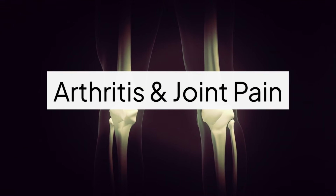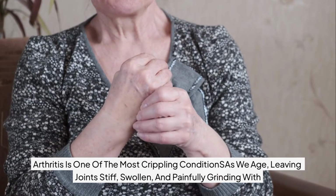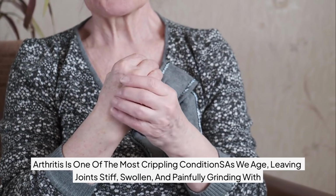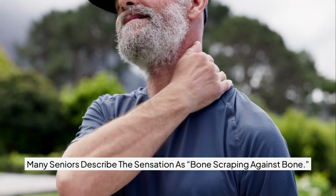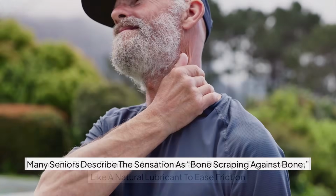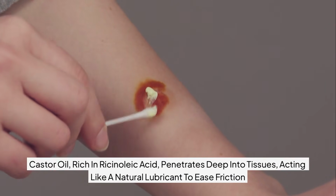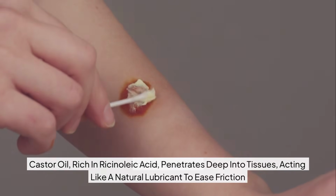Number 1. Arthritis and joint pain. Arthritis is one of the most crippling conditions as we age, leaving joints stiff, swollen, and painfully grinding with every movement. Many seniors describe the sensation as bone scraping against bone. Castor oil, rich in ricinoleic acid, penetrates deep into tissues, acting like a natural lubricant to ease friction inside the